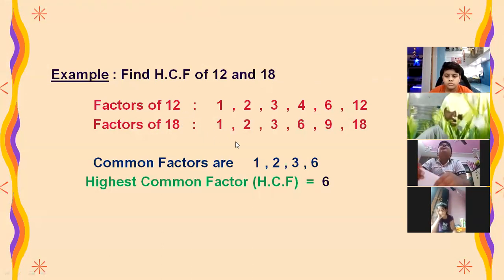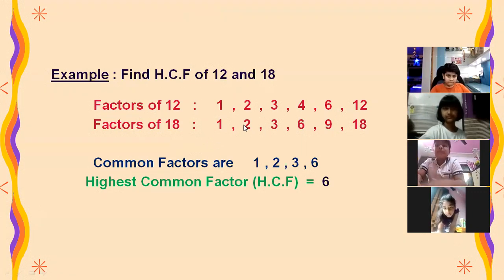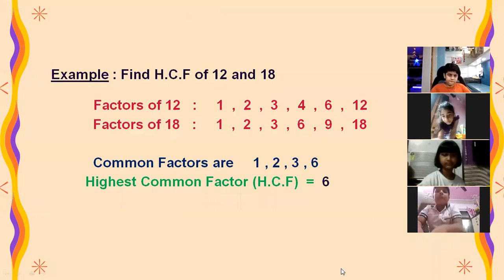Pradanya, you are not visible to ma'am. 24, 36. Beta, you are telling me the multiples. No, no. Take care of these things. Factors of 12, ma'am is asking, not the multiples. That is also given on your screen. 1, 2, 3, 4, 6, 12. So these are the factors of 12.